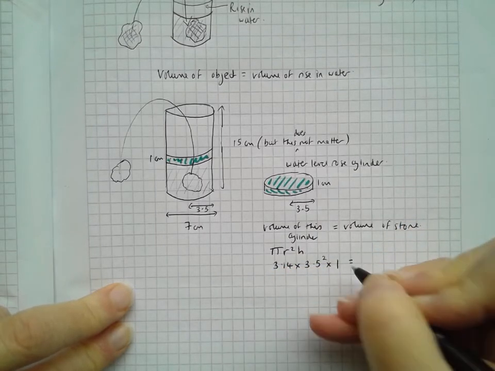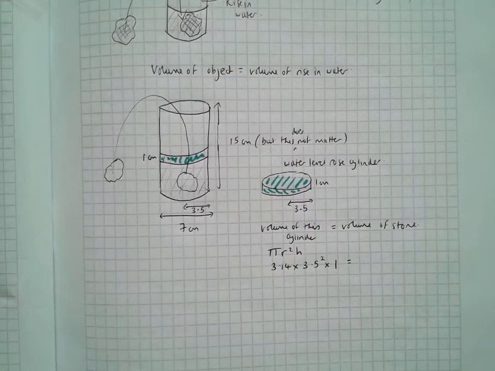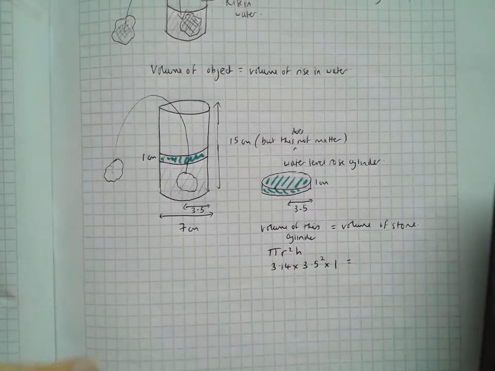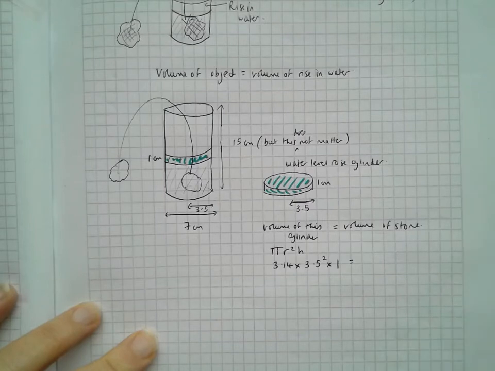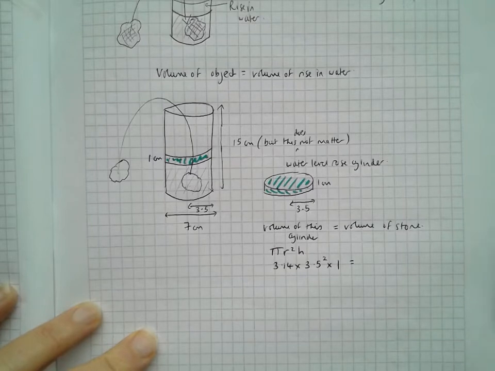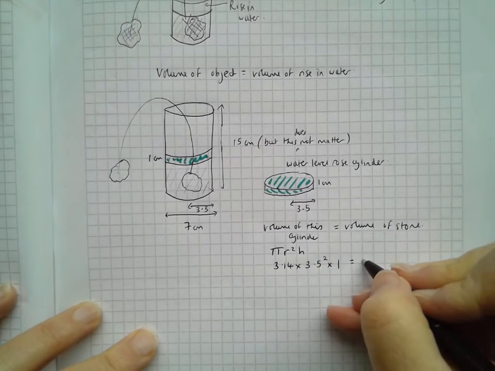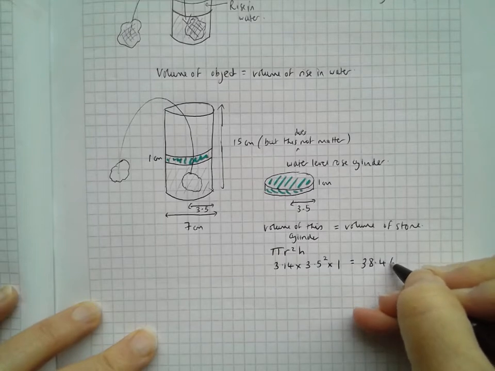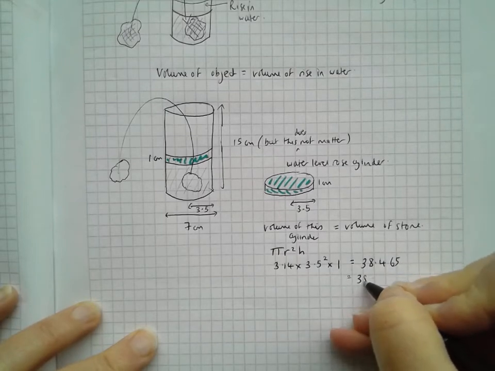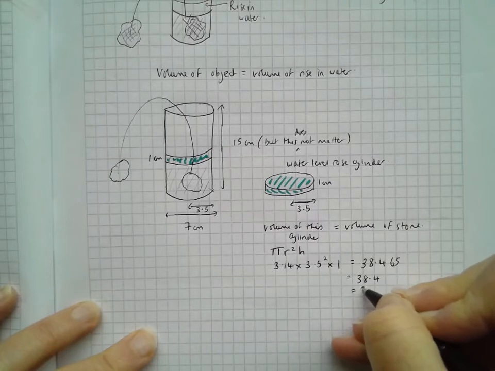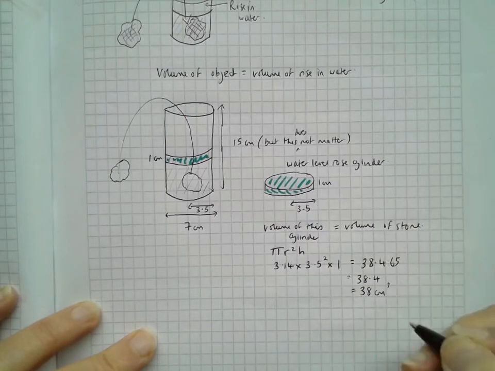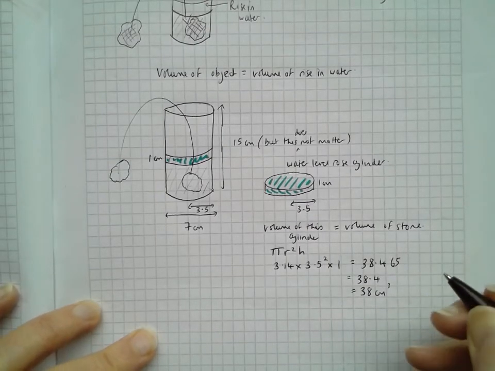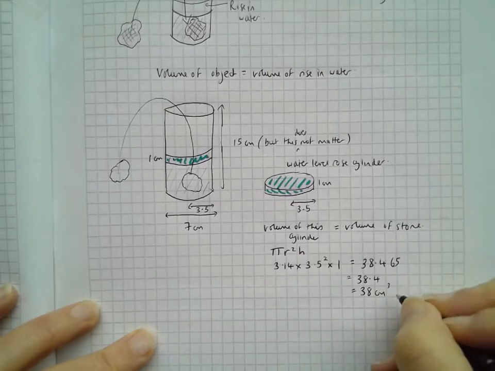If I can find the volume of that, then I will have found the volume of the stone. So 3.14 by 3.5 squared by 1 equals, so the volume of water was 38.465. I think that's a bit accurate for my level of scientific experiment this morning, so let's just say 38 centimeters cubed. So this here, 38 centimeters cubed, is how